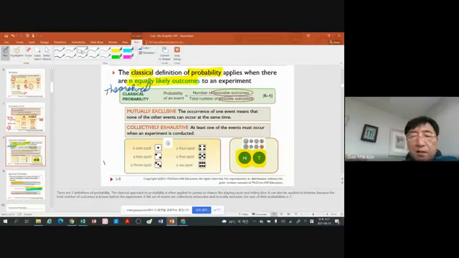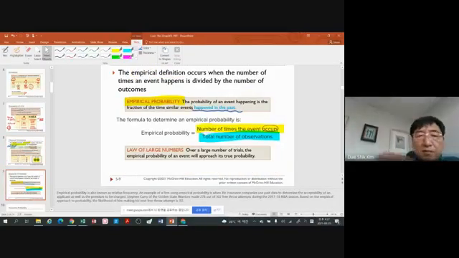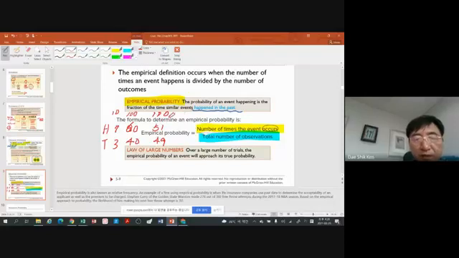For example, head and tail. If I assume head and tail, you try it 10 times. It may happen 7 heads and 3 tails. For example, if you toss 100 times, it's maybe 60 to 40. With 1,000 times, it will be closer to 51 to 49. Only 100 trials, so I will try 1,000 or 10,000 times. It's almost 5,000.